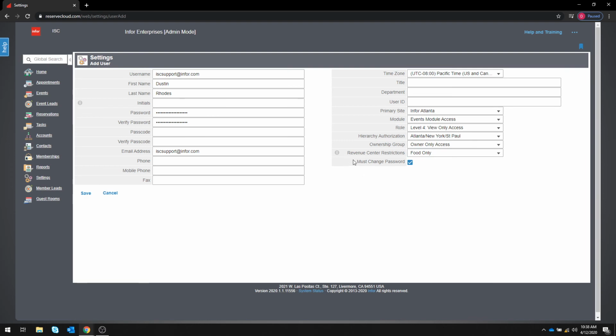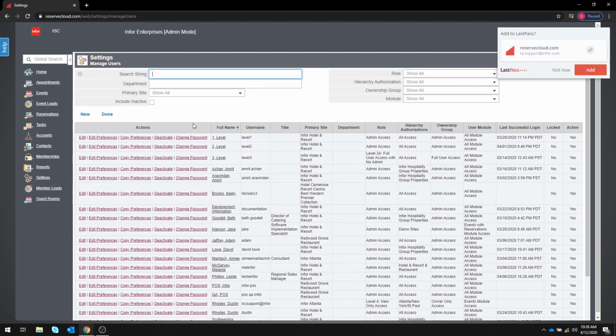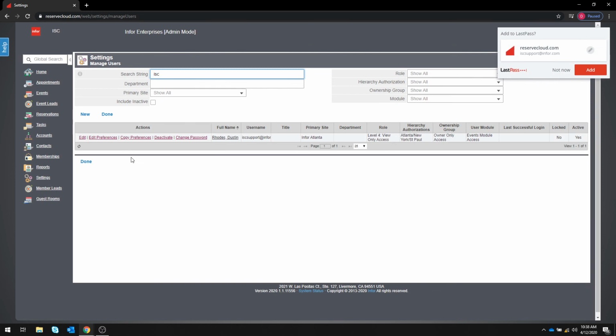Once you have your settings selected, simply click the Save button to add that new user. You can search for them using the search string field here. And we'll see that I have a new user account named Dustin Rhodes with the username